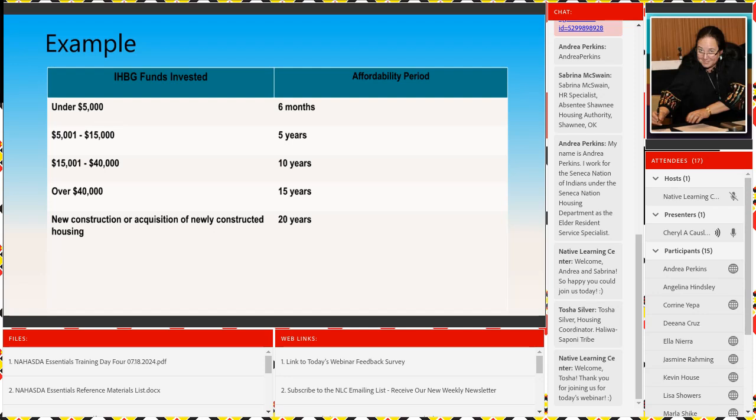This was, I think, believed used for the home program to begin with, but this is the one that you usually see, okay? Under $5,000, 6 months; $5,001 to $15,000, 5 years. So that's why the down payment assistance we were using was only $5,000, because it kicked your affordability period for 6 months rather than 5 years. Now you can tweak it and see if they approve it some, because that's a big jump. But I'll have to keep your eyes out. I'd like to see somebody that has it approved